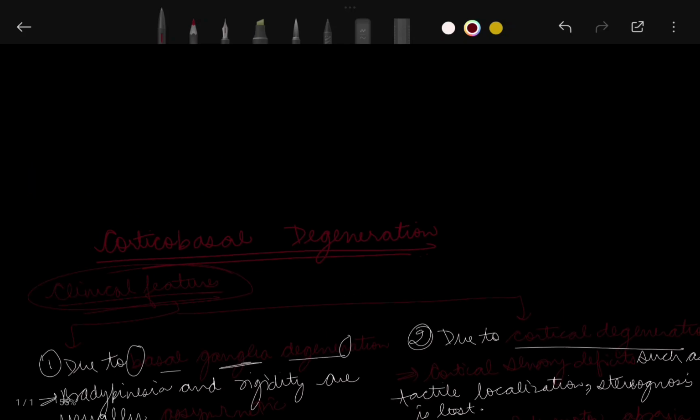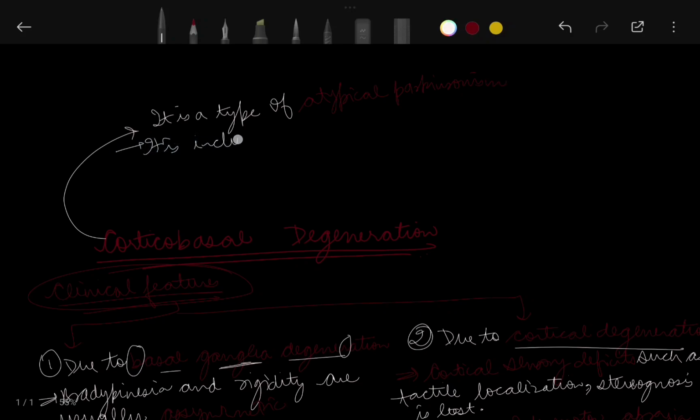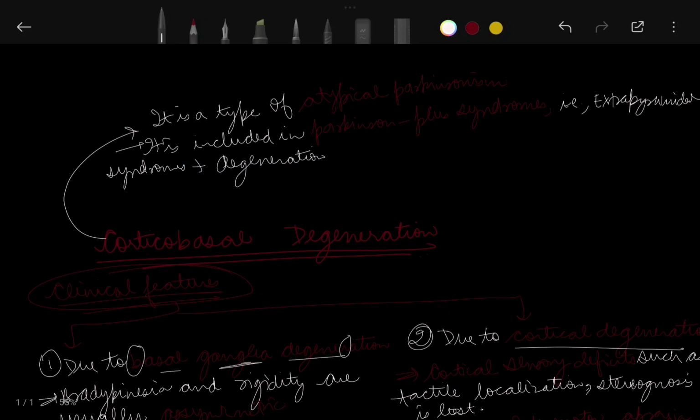Now, what is corticobasal degeneration? How do we define it? It is a type of atypical Parkinsonism only, and it is included in Parkinson plus syndromes, that is, extrapyramidal syndromes plus degeneration of the cortex, which is seen in the parietal lobe, frontal lobe, and to some